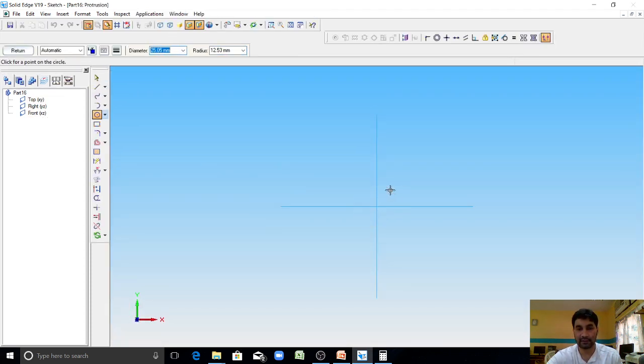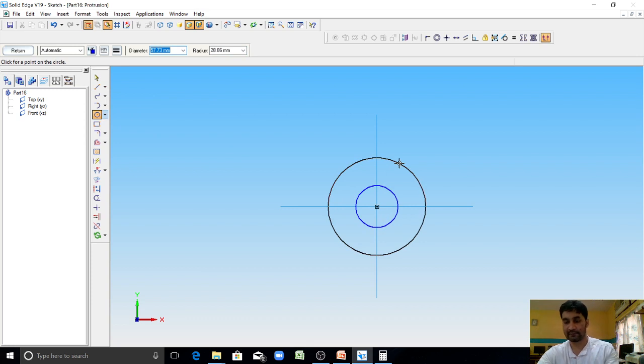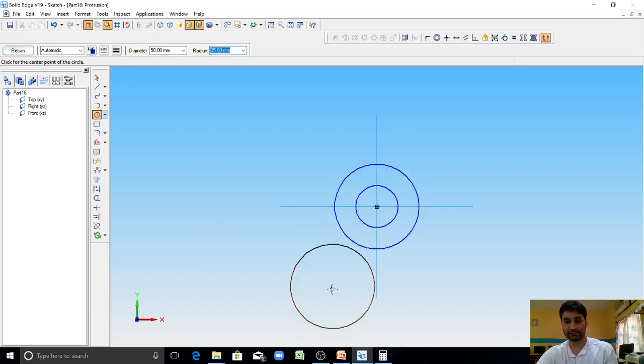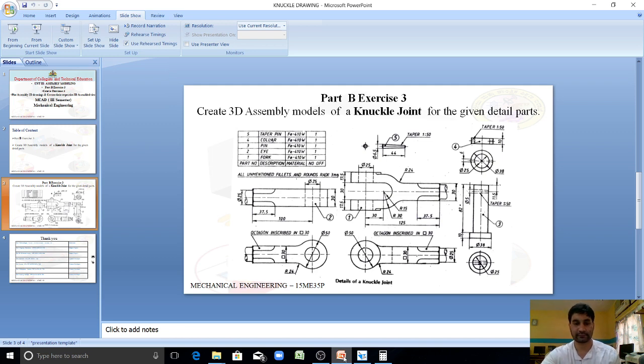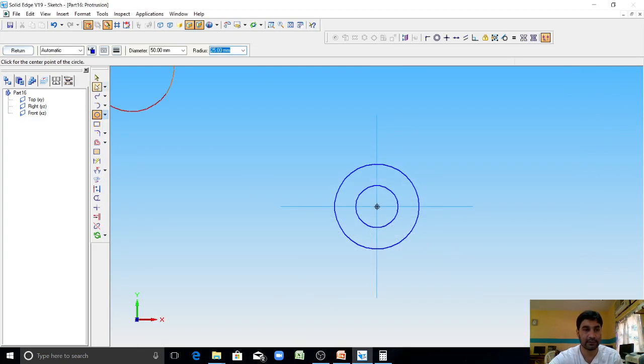Select the circle here of diameter, one is 25 mm dia, another circle of 50 mm dia. A 30 mm length line is there.